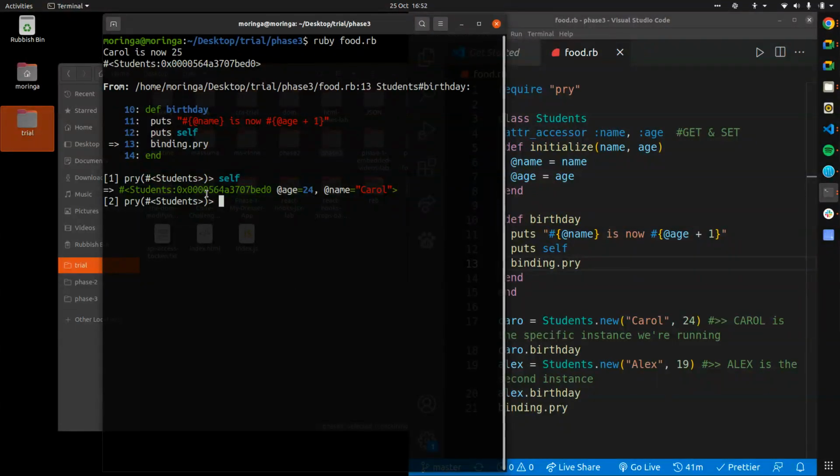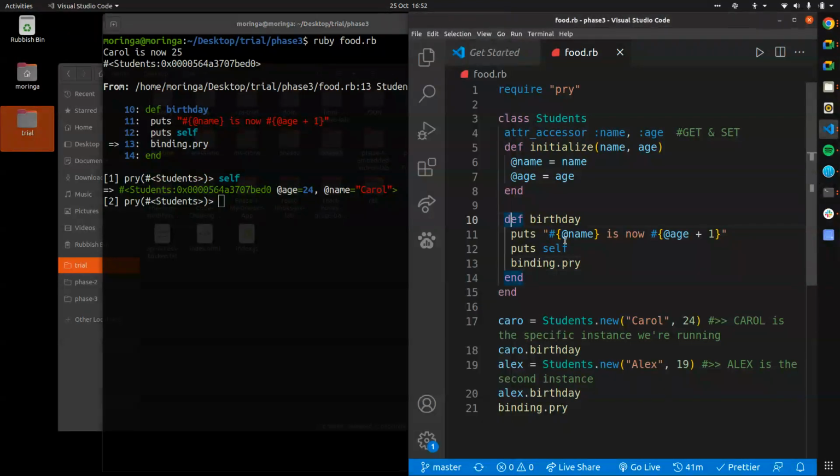Okay, sorry. So what I've done is we've called self inside this method. As it is executing, it finds binding.pry, so it stops executing at this point. The reason for this is for testing purposes. You can test code up to this point. So if you look at here